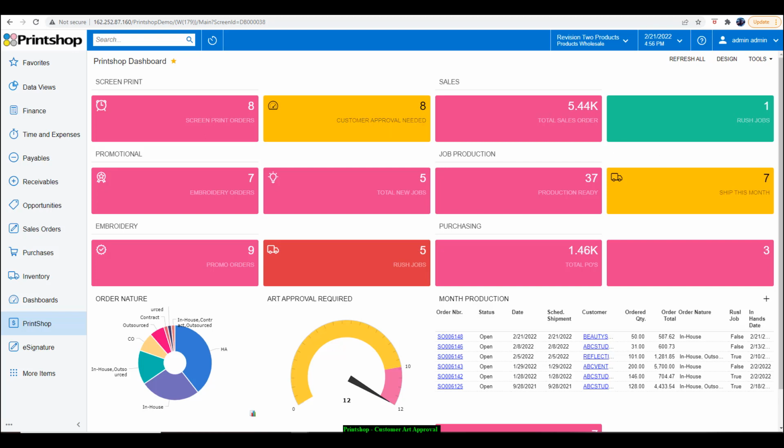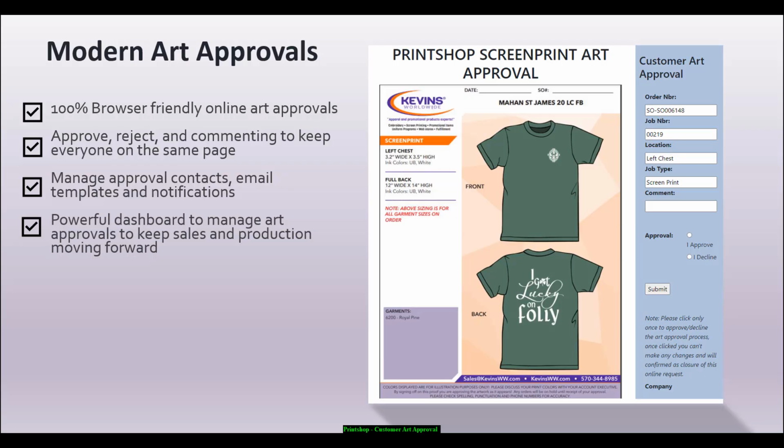This is the latest version in Printshop 2.0, Customer Online Art Approval. The modern art approval works on webhooks technology. So in order to do that, you have to be on Acumatica version 21R2. Make sure to utilize this new art approval feature, which is a browser-friendly online art approval. The customer can approve and reject anytime, anywhere, on any device. You also want to make sure that you use the powerful dashboards and generic inquiries to really keep your art approval process smooth